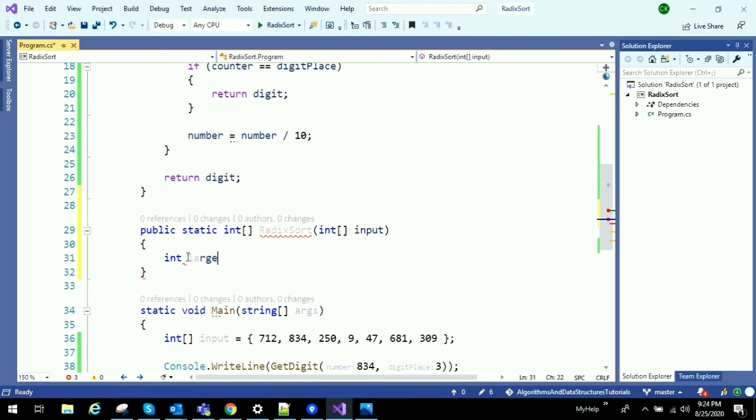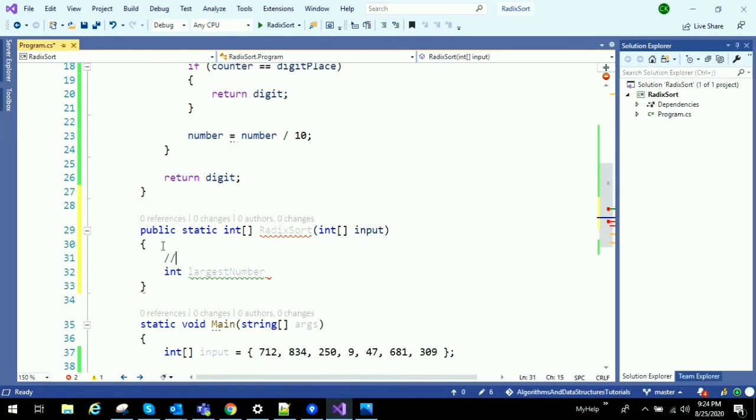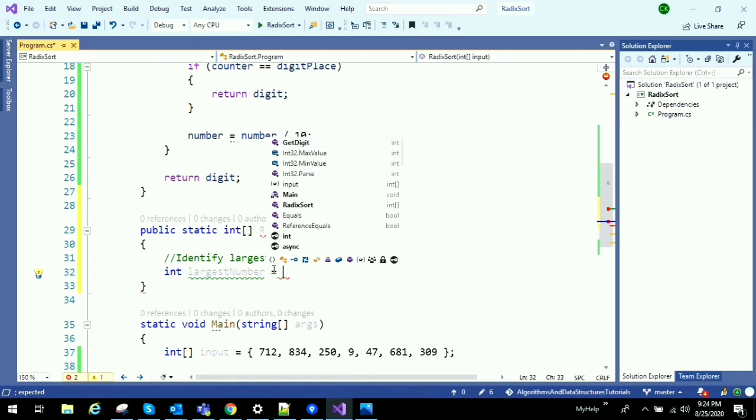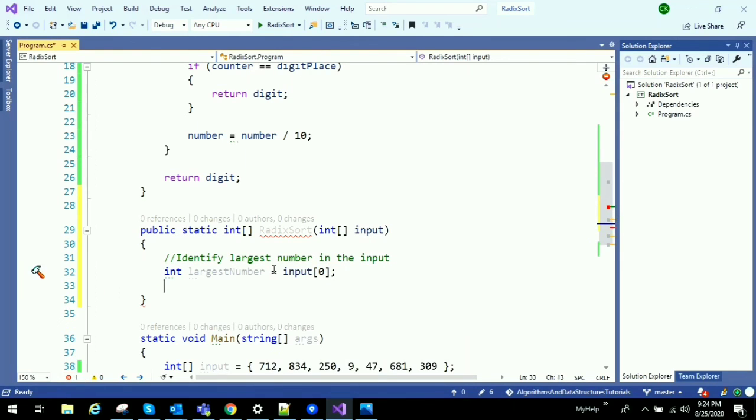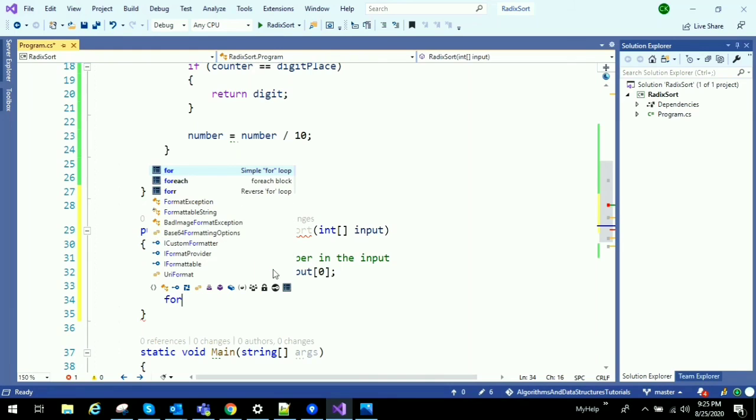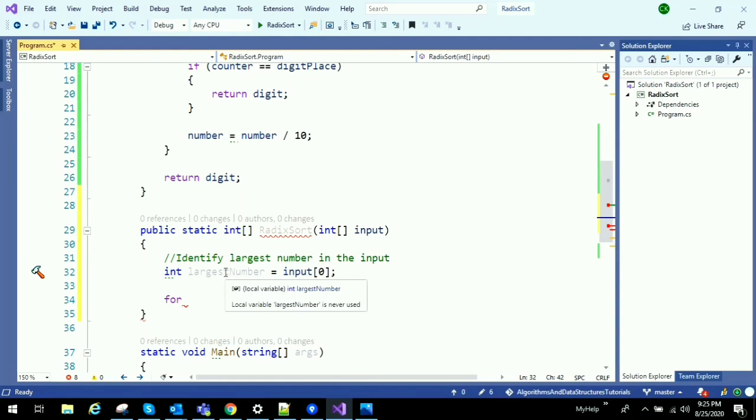Int largest number. I'm just writing a comment here for understanding purpose: identify largest number in the input. By default I am assigning first element as a largest number, and then if we find any other element in the input is larger than the value which is stored in largest number, then we will assign that value to this variable.